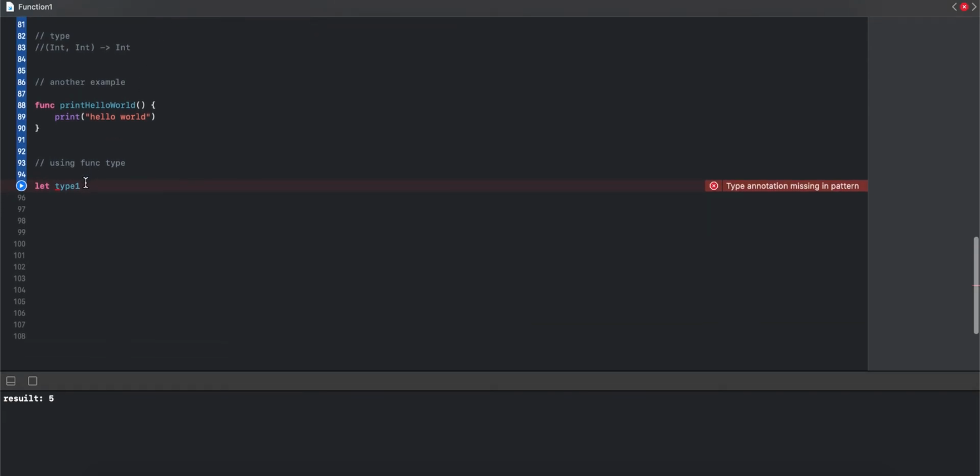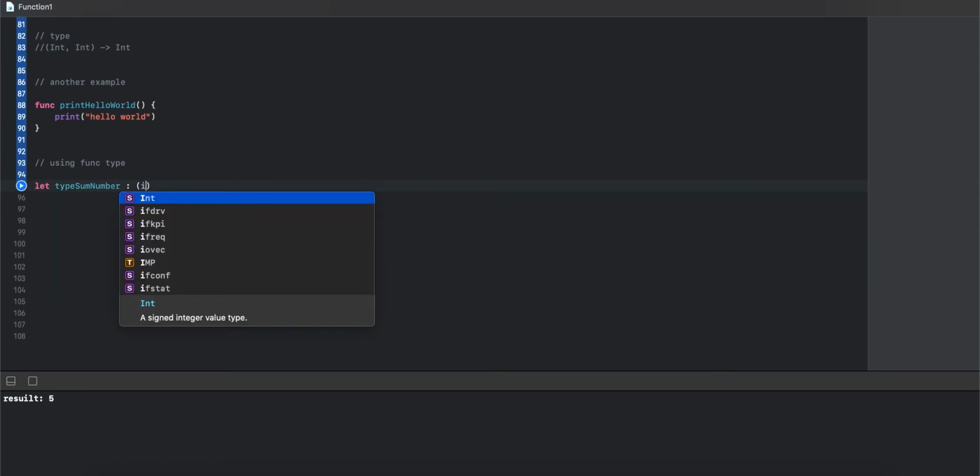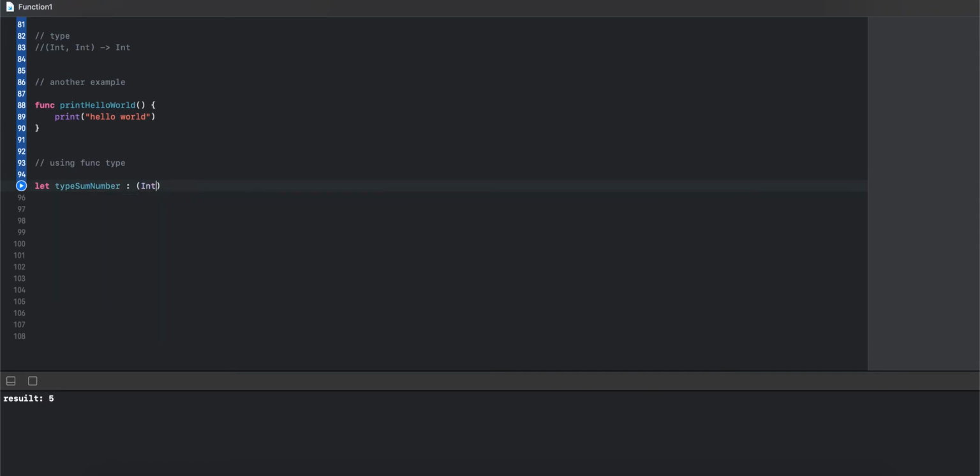So var typeMathematicFunction, type sum number, which is of type integer, that has two parameters, integer and integer, and returns an integer.